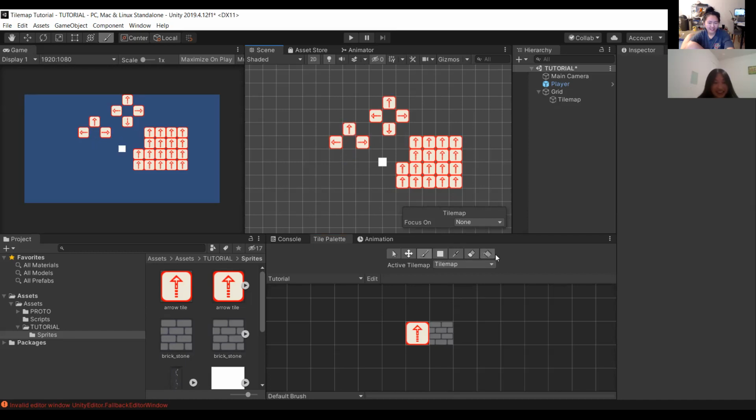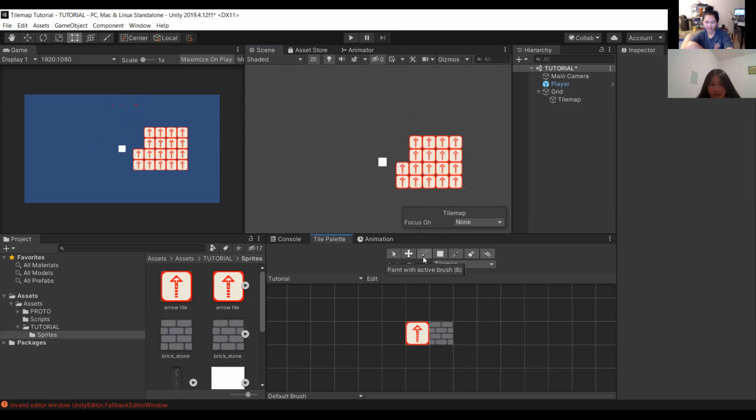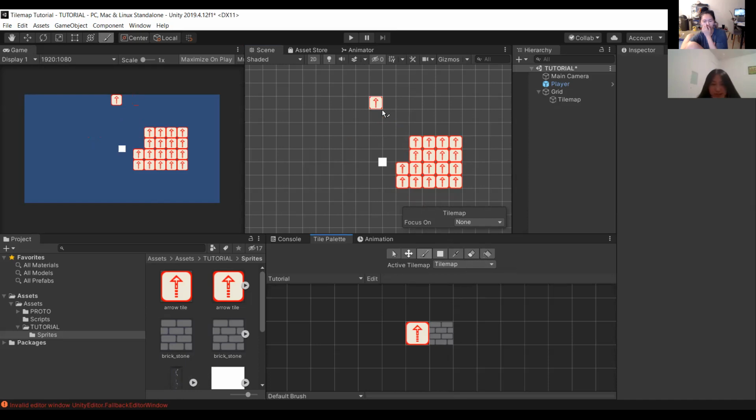It's not working. It's the square bracket keys. Yeah, the square bracket keys? Uh-huh. It works now. It's not working. Do you have the brush tool selected on your tile palette? Like, can you draw normally? Yes. Ooh, that did something. Oh, okay. Did it work? Yeah, I got it. Okay, cool. Any other questions?